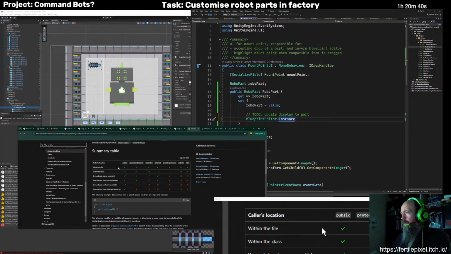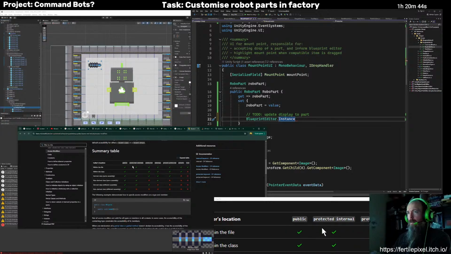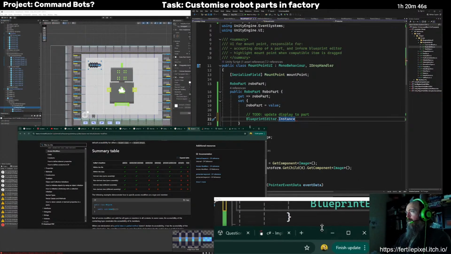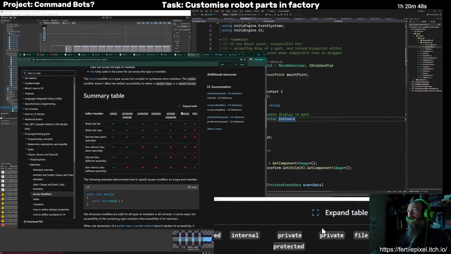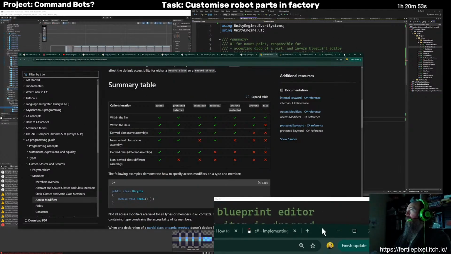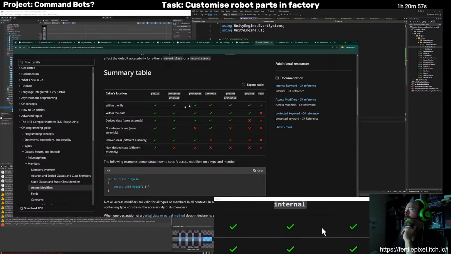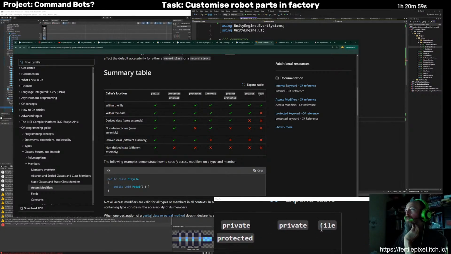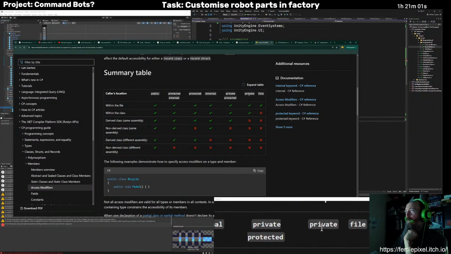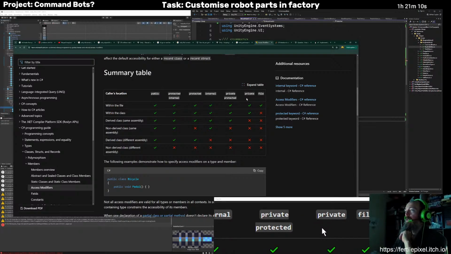So yeah, this table is pretty handy. I'll just make it big. There. So this is all of the different access modifiers you can use. I've never used file. I don't usually write private because it's the default in a class, so it's just a bit less to type and less to read.